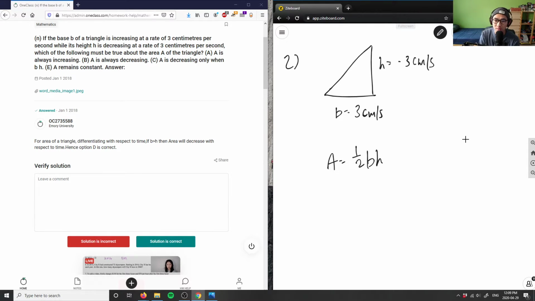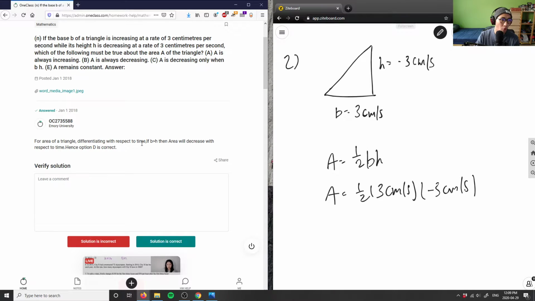So I can basically plug this in, right? I can say area equals half of base times height. I can say it's 3 centimeters per second times negative 3 centimeters per second here. And I have to figure out some type of formula in order for us to differentiate this equation. It says if I'm differentiating with respect to time, but the student didn't actually create a formula or a solution here that would actually let me